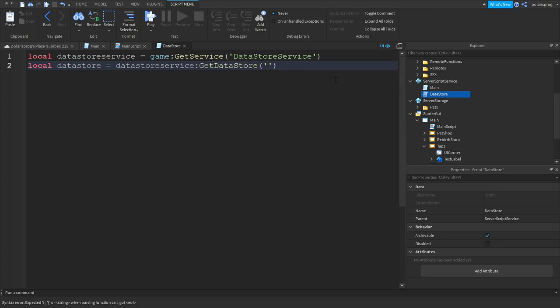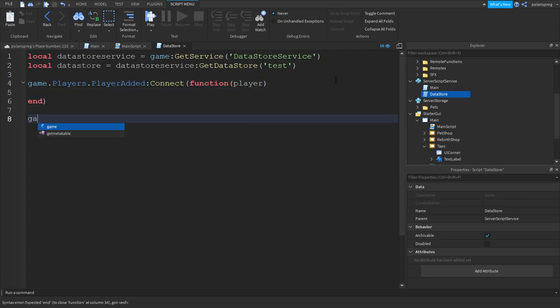and we're gonna get, let's just rename it to test. And in here we're gonna do game.Players.PlayerAdded:Connect(function(player), and in here we're gonna do a player removing event. So game.Players.PlayerRemoving:Connect(function,